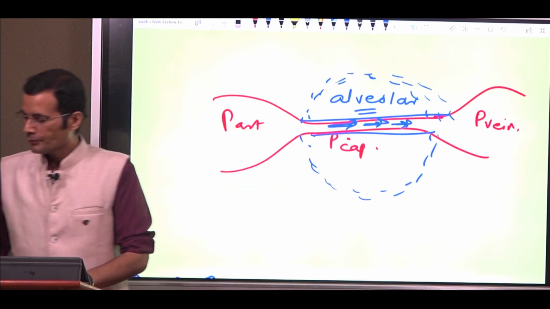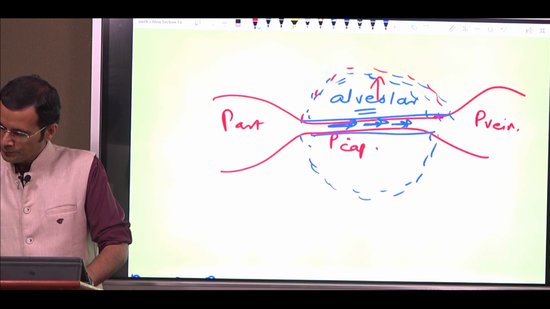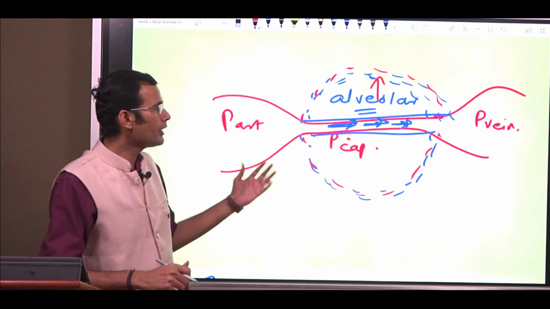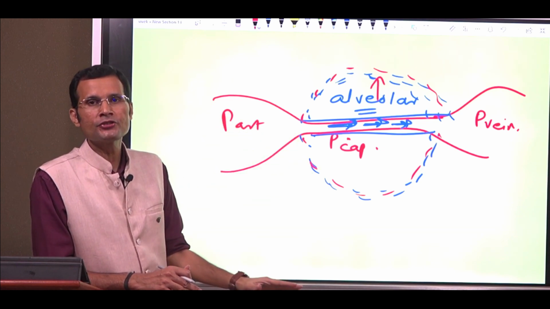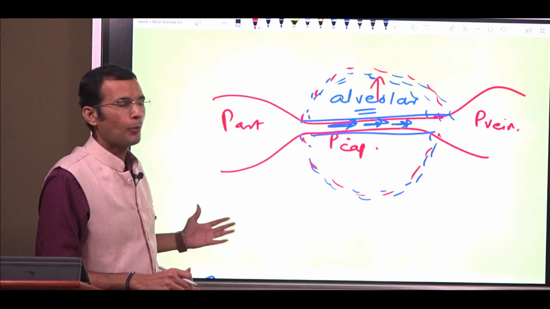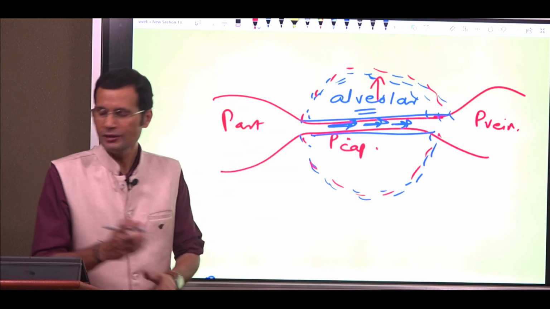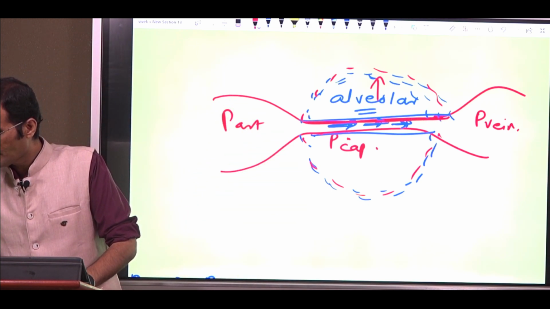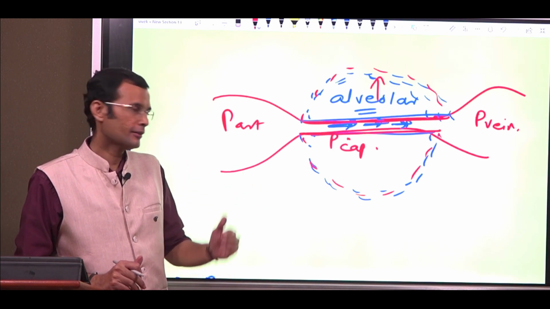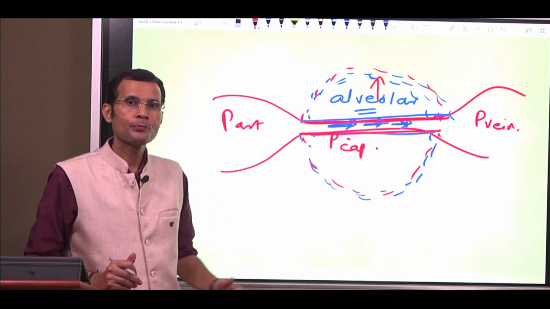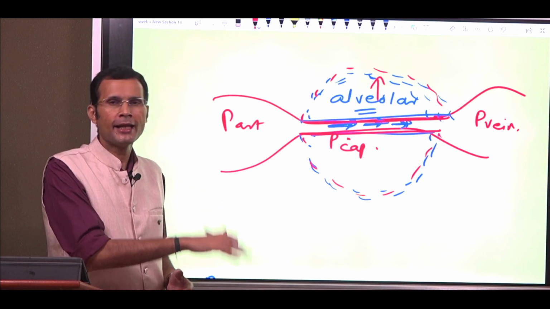What will be the result? The result will be a very high alveolar pressure, right? Because you are delivering the ventilation under high pressure. So alveolar pressure will increase tremendously in positive pressure ventilation. And in that case, what will happen? It will compress the pulmonary vessels. So zone 3 is likely to get converted to zone 2, or zone 2 is likely to get converted to zone 1, because you are going to give it in the lying down posture.